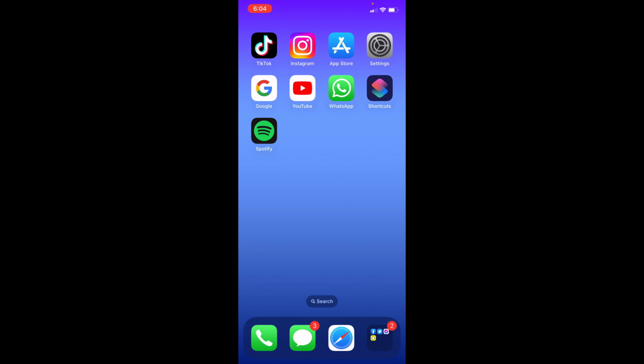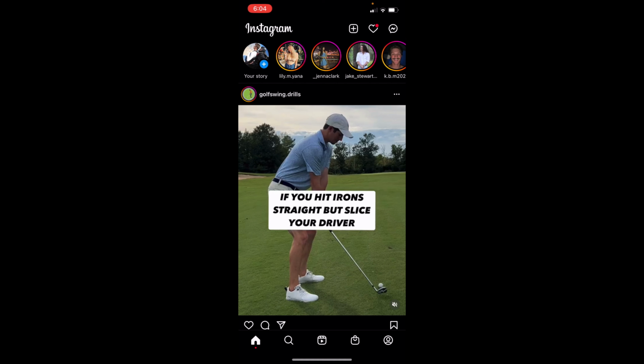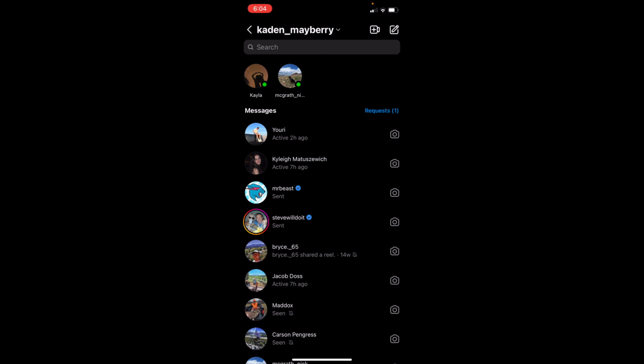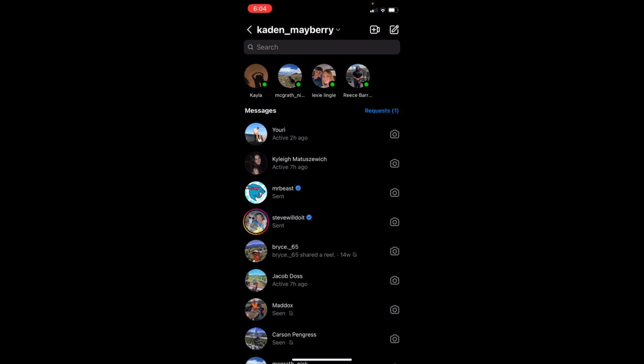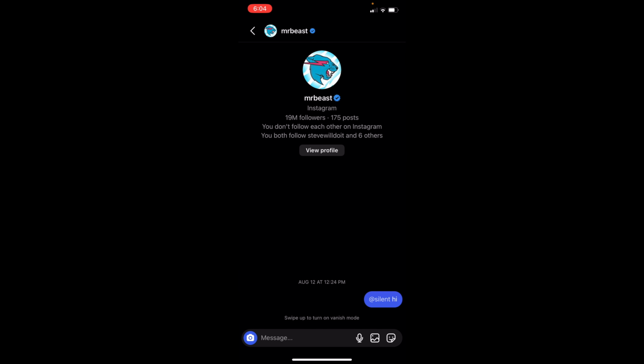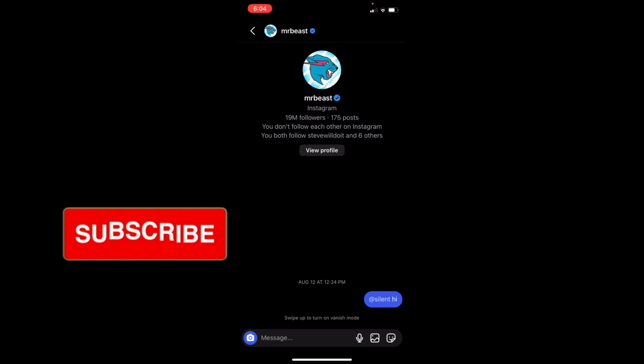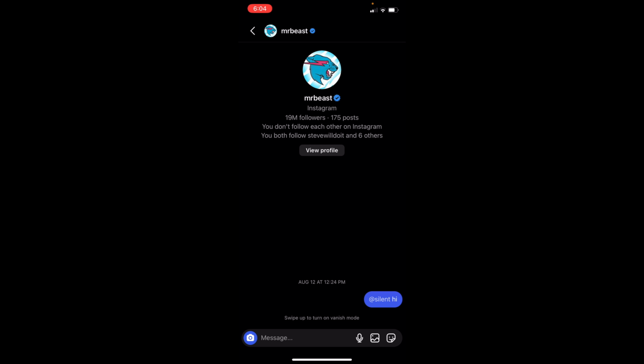So in order to do this, all you want to do is go to the Instagram app, and then click on the icon in the top right corner. From here, you'll be at your messages. You just want to go ahead and select whoever you want to have the vanishing mode to. I'll go ahead and choose Mr. Beast, for example. So as you can see, I can swipe up to turn on vanishing mode right above my